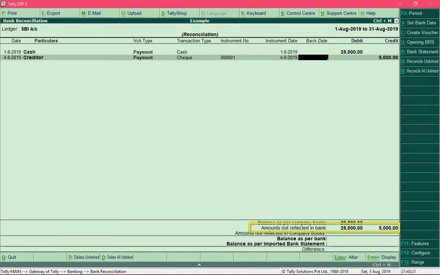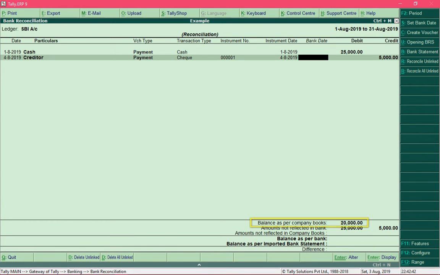So you can see over here the amounts 25,000 and 5,000 are not reflected in the bank according to Tally. Until we reconcile these entries with the bank entries, the amount figures over here would be displayed.